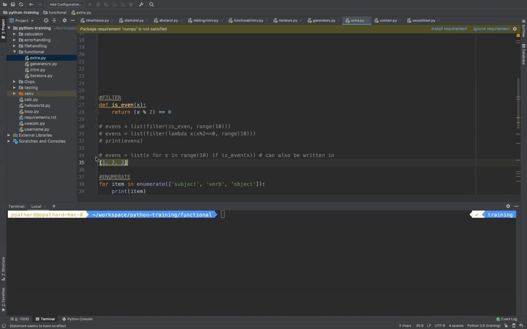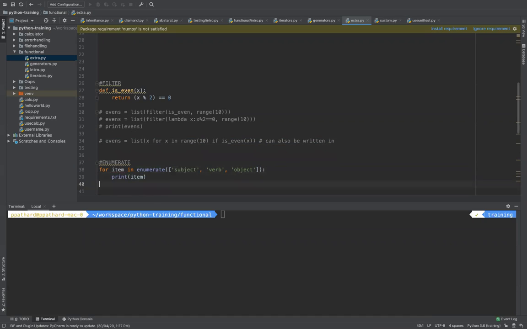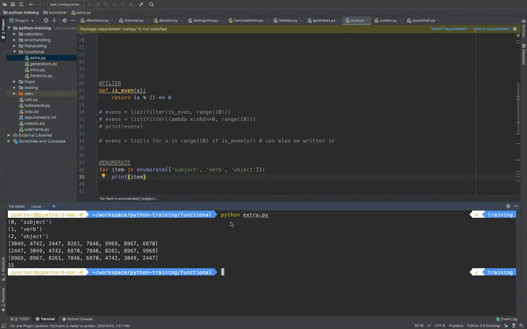Now let me show you an example here. I have a list with values called subject, verb, and object. I'm going to enumerate it. Every time I print this item, it prints a tuple with the index and its value. For example, here the index is 0 and the value is subject. Index is 1, value is verb.